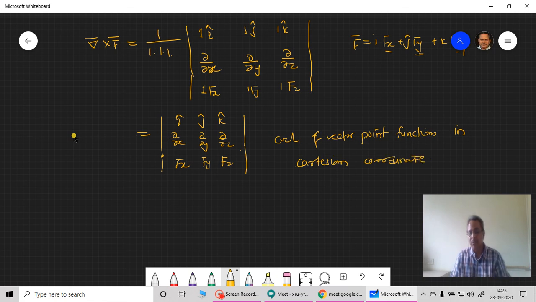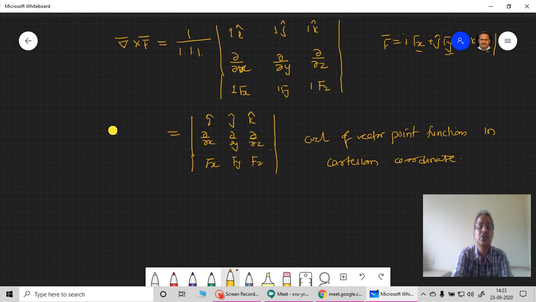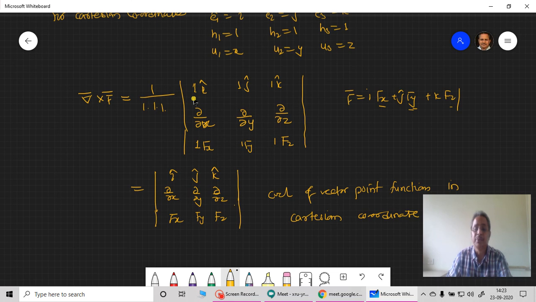Okay, remember what I have done. We have i, j, k, then x, y, z, and h1, h2, h3 are already 1, 1, 1. That is what we have already defined. Using this, I can write the curl of a vector point function in the Cartesian coordinate system. This is given by theory. Theory gives you this equation, so give it a number, equation number 8. Either you can use equation 7 or 8 to find the curl of a vector point function in the orthogonal curvilinear coordinate system, and that is true. Whatever theory gives.